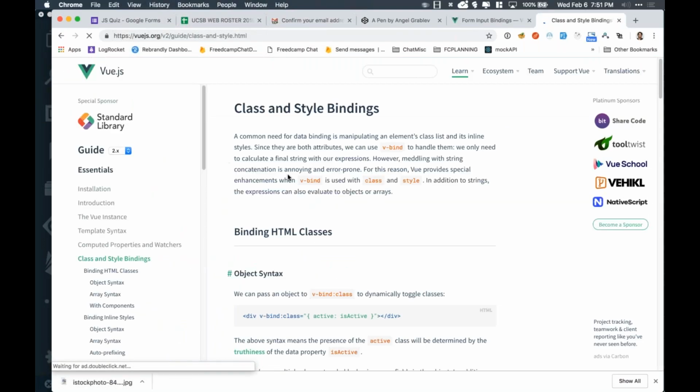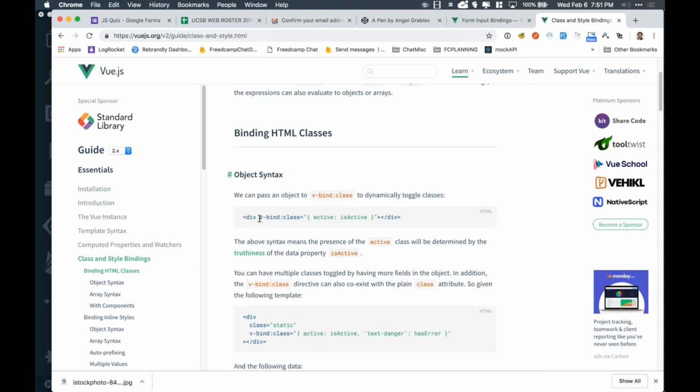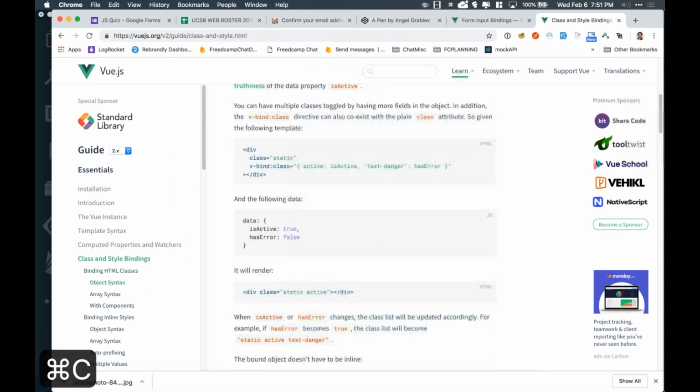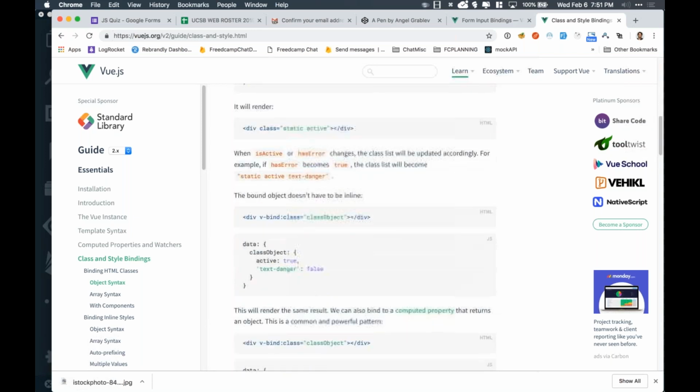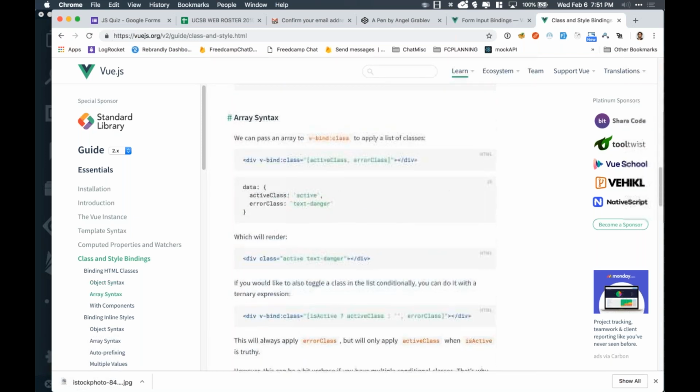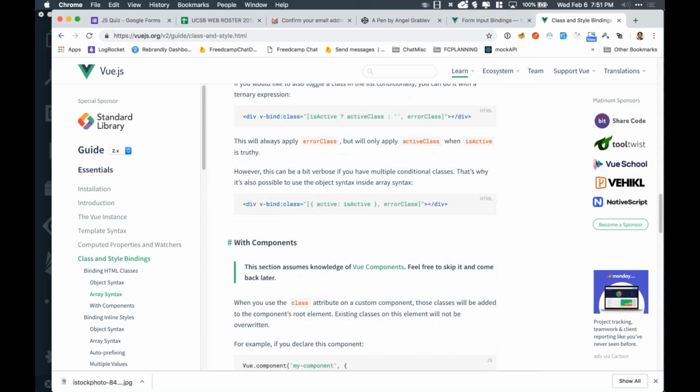Yeah, they definitely have the best documentation I've seen by far. So we can use this bind class versus, I guess there's no simple syntax, but